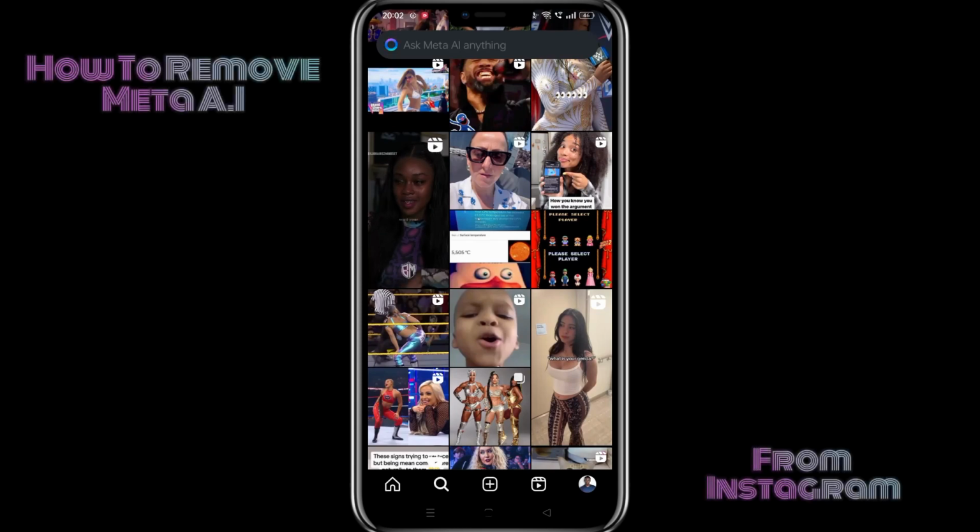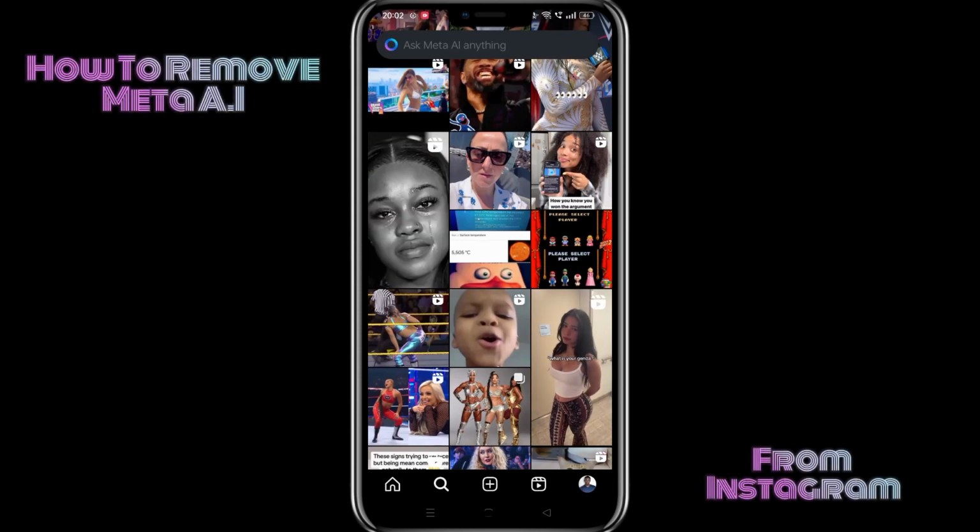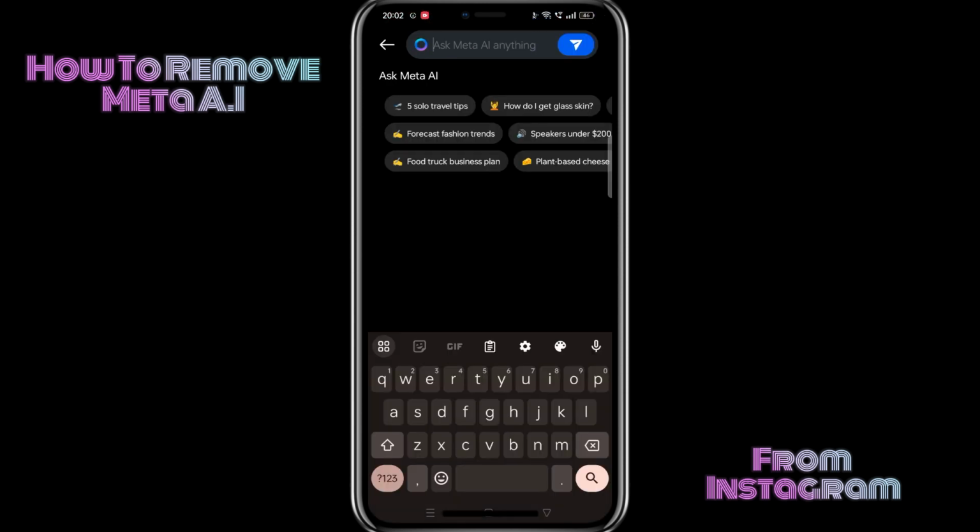Hi guys, unfortunately, I have to be the bearer of bad news on the topic of how to remove Meta AI from your Instagram. As I pointed out in the WhatsApp video, it is the same story here. You cannot remove Meta AI from the current version of Instagram. You can again opt for uninstalling your current version of Instagram and installing an older version of Instagram before the